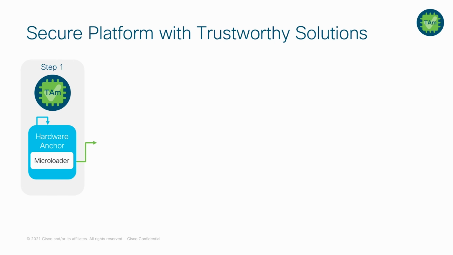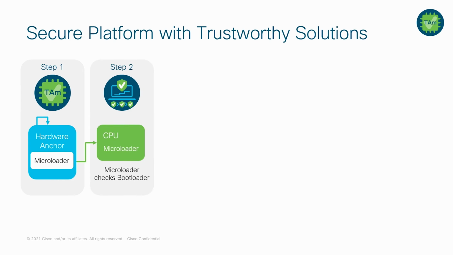The Catalyst 8500 family is built in with the Trust Anchor module, which is the hardware level root of trust. It authenticates and provides immutable device identity. In step 1, as you see in the picture, and step 2, the microloader from the Trust Anchor module chip establishes the secure boot function to ensure only authentic and unmodified Cisco software boots up on the platform. It mitigates advanced persistent threats, physical possession, and part replacement attacks.